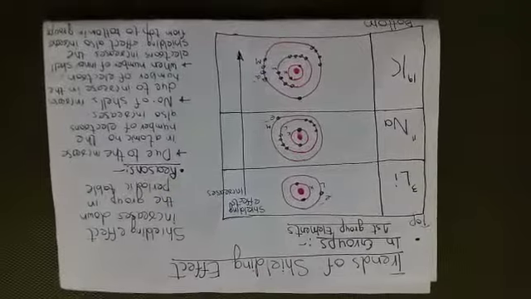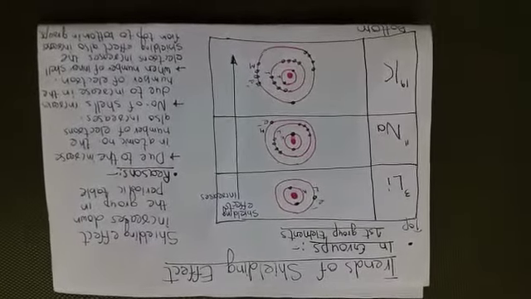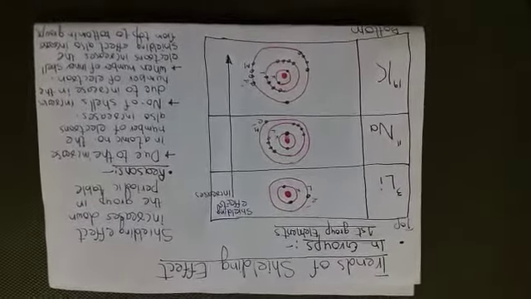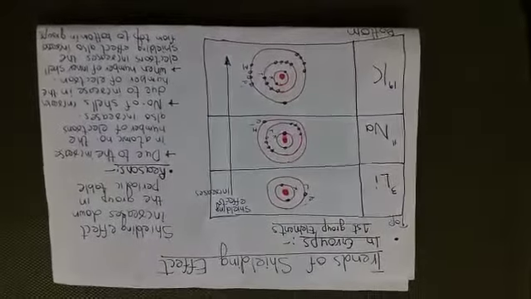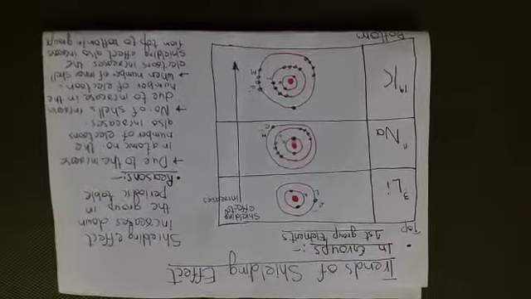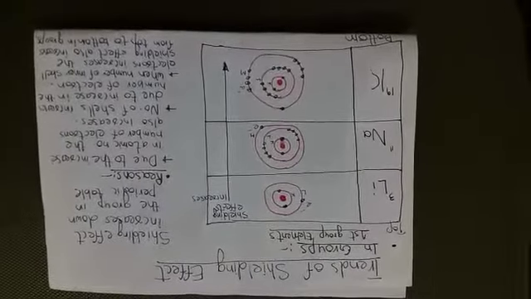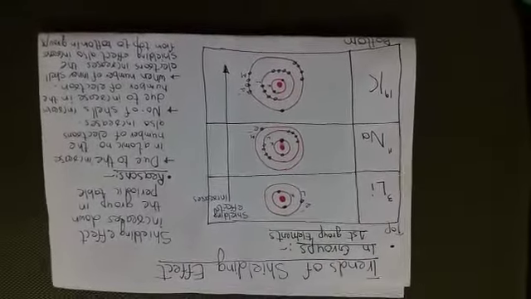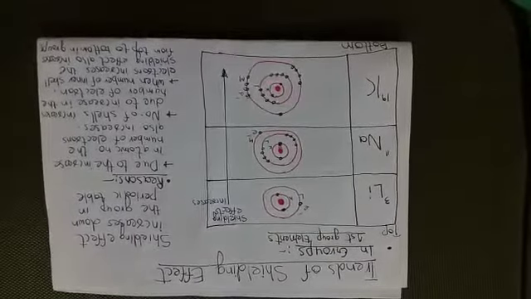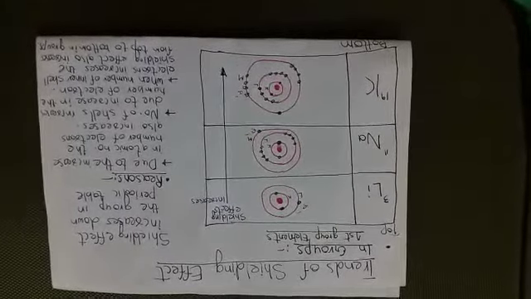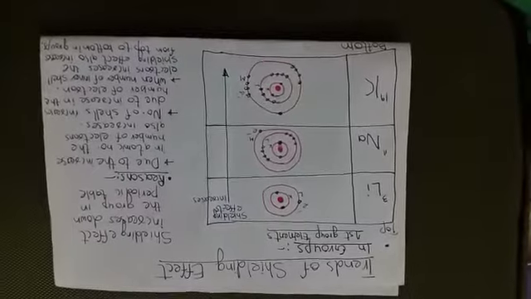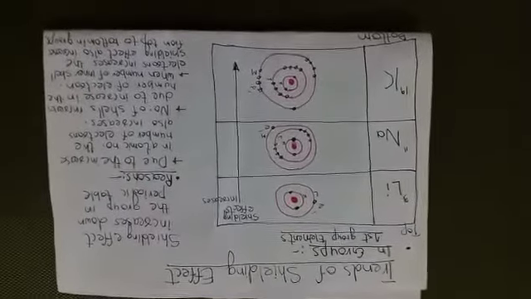So class, the electrons present in the inner shell screen or shield the force of attraction of the nucleus felt by the valence shell electron. This is known as shielding effect. Or in other words, we can say that when the number of inner electrons increases, they shield the outermost electron from the nucleus, so that the outermost electron experiences less nuclear attraction towards itself. This is known as shielding effect.